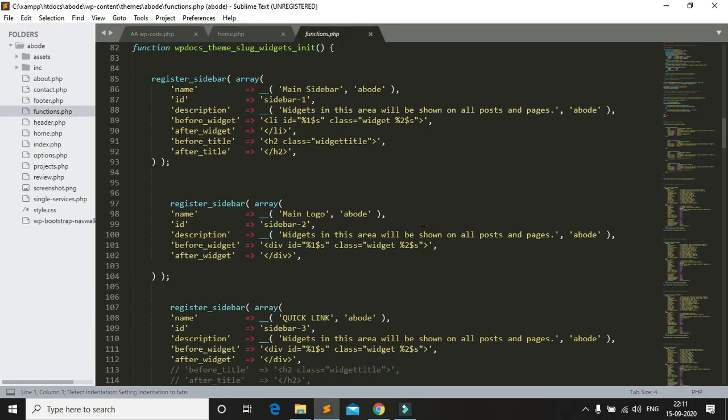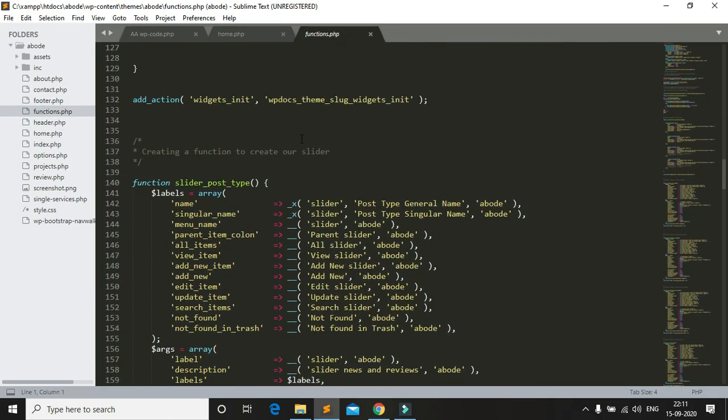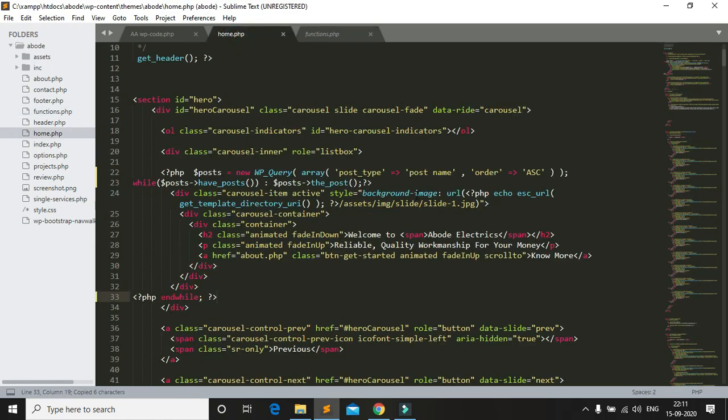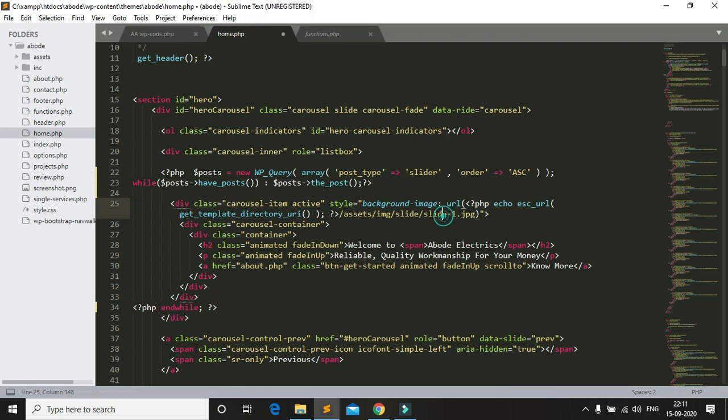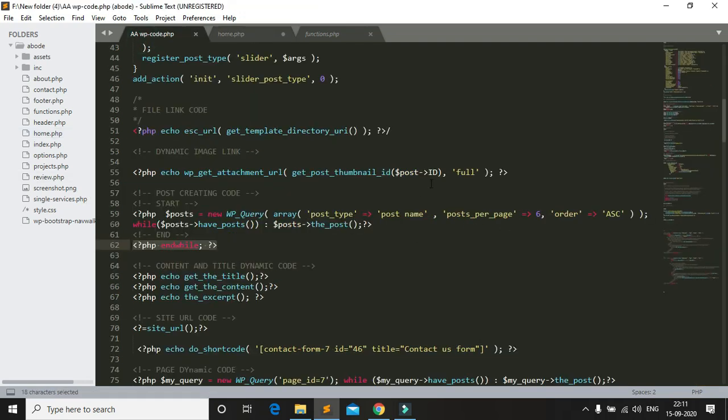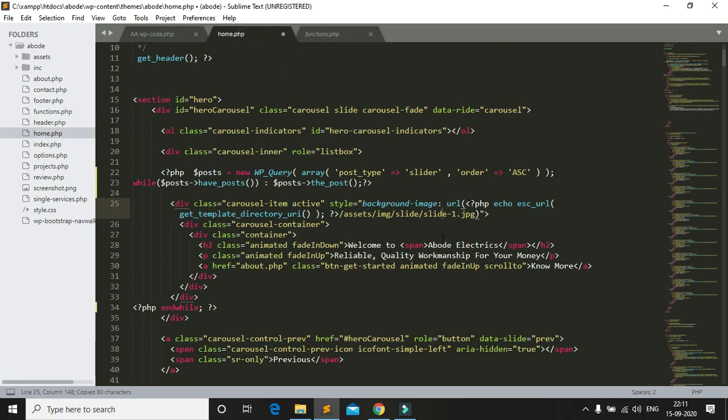I think I have already created the function. You can see I already have the slider function, okay. So I just change the post here, and you can see this is my image. So I change the image code. This is the dynamic image code. Copy. This is our dynamic image code and just paste.